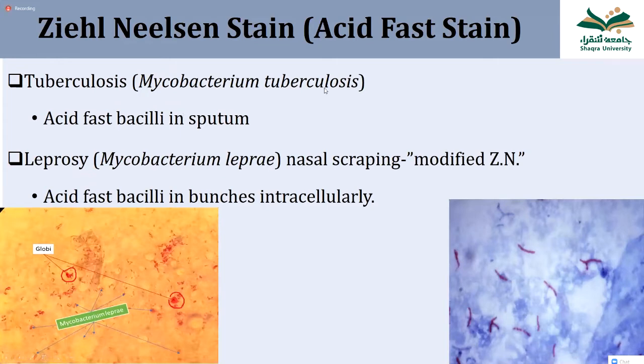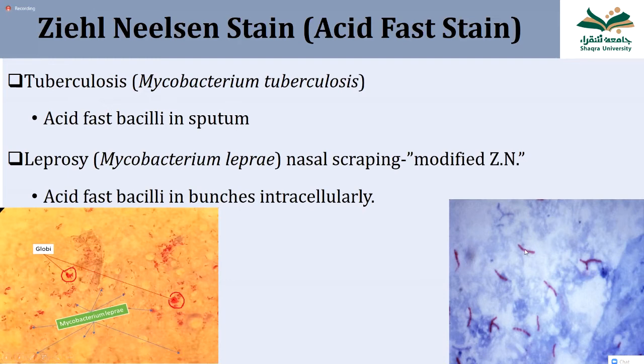Some bacteria like Mycobacterium tuberculosis and Mycobacterium leprae, basically Mycobacterium, their cell wall is made up of lipid. So that is why these bacteria are not easily stained by the gram stain. So for them, we use Ziehl-Neelsen stain, which is also known as acid-fast stain. In this staining, for decolorization, we use sulfuric acid. That is why this staining is known as acid-fast staining. So after the staining, the color of the bacteria remains red and the background is blue.